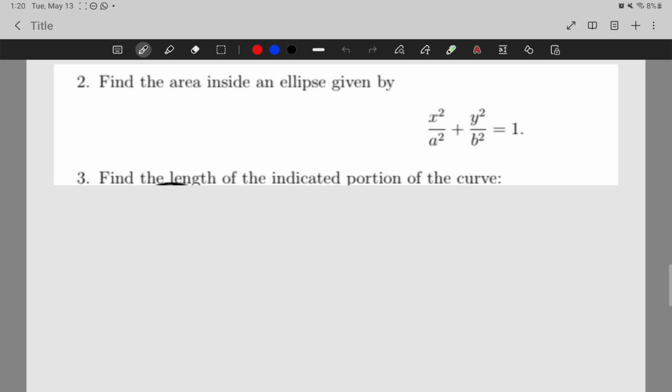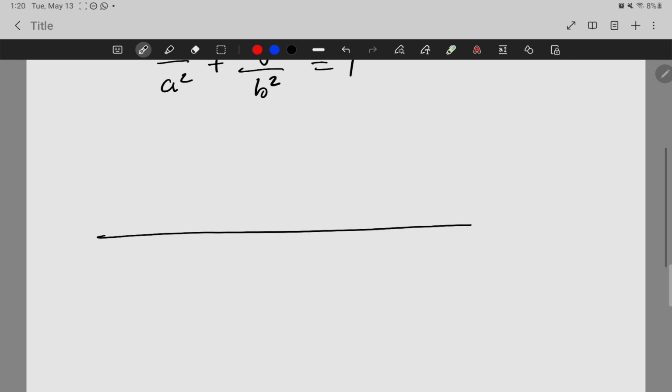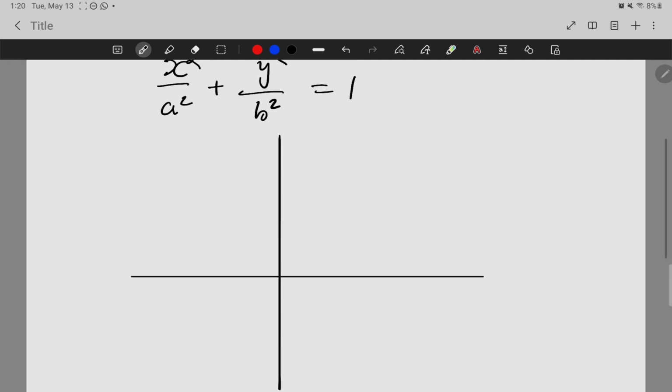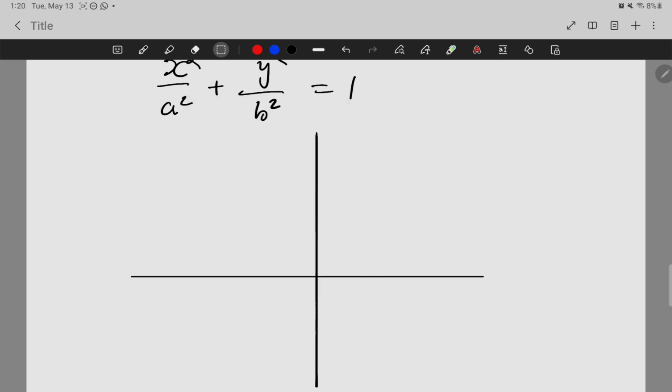Hi all, in this video we're going to look at how to determine the area inside an ellipse given by an equation of the form x squared over a squared plus y squared over b squared is equal to 1. So we know that if we are to sketch that ellipse, it will have a shape. Since a is with x, we can correctly assume that it has its longest diagonal